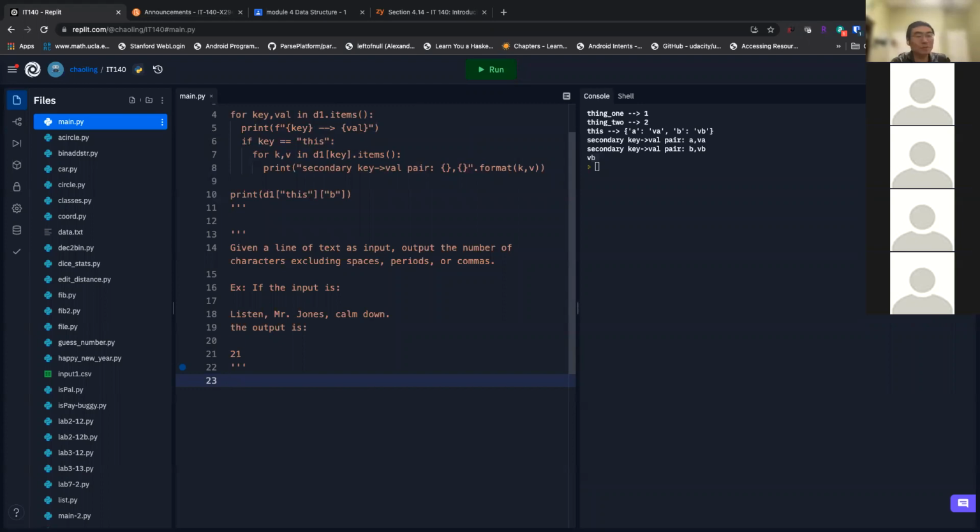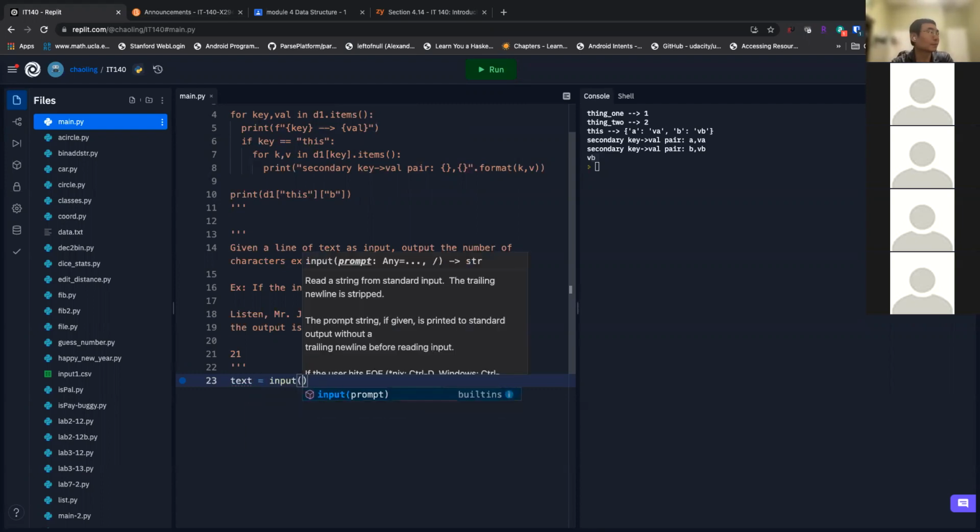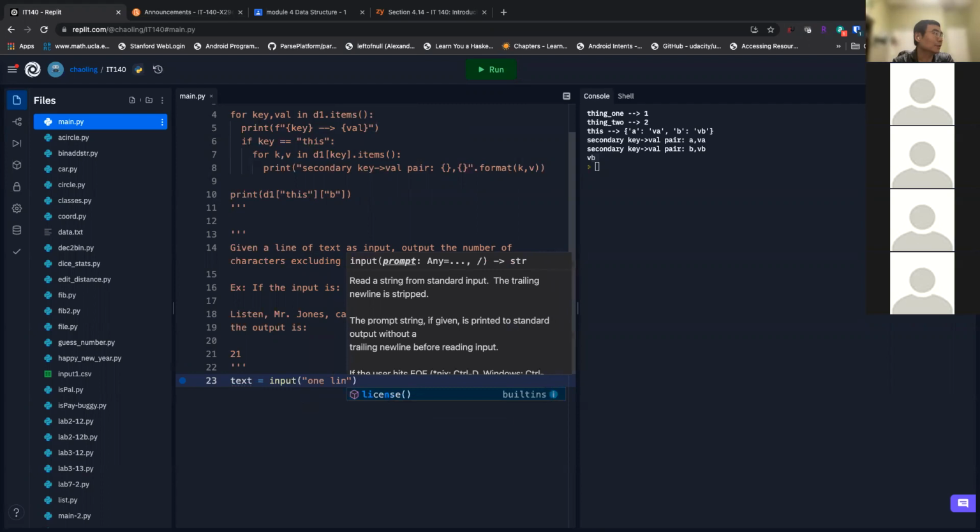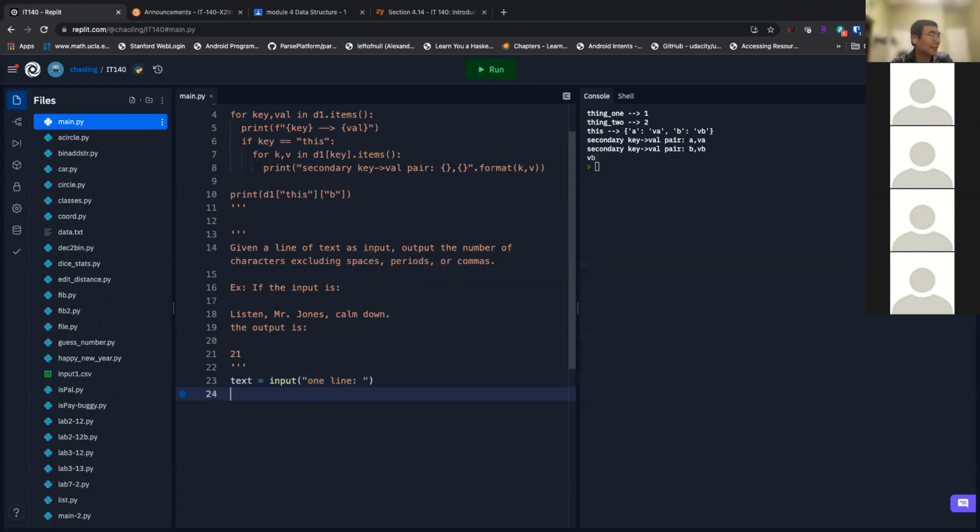So what you're going to do with that, right? Well, lines equal to just one line. Text is input, right? One line, okay, whatever. So I get a text, and then I'm going to do count, right?